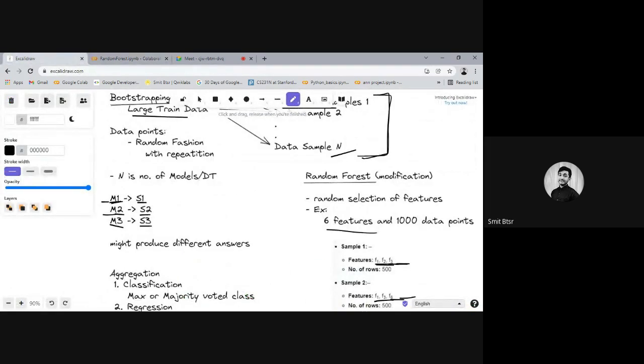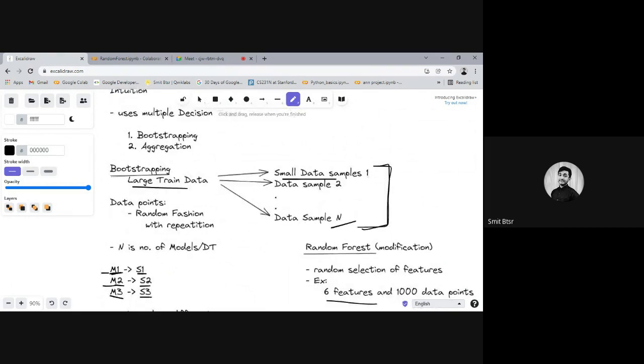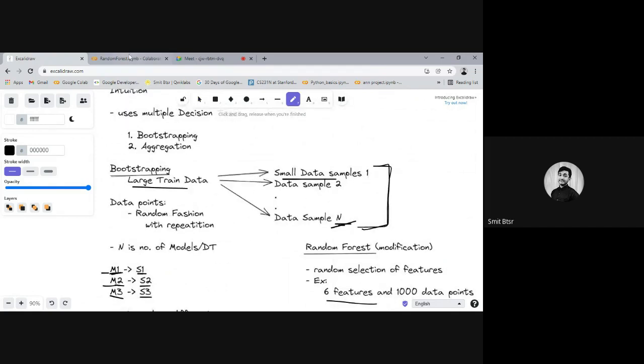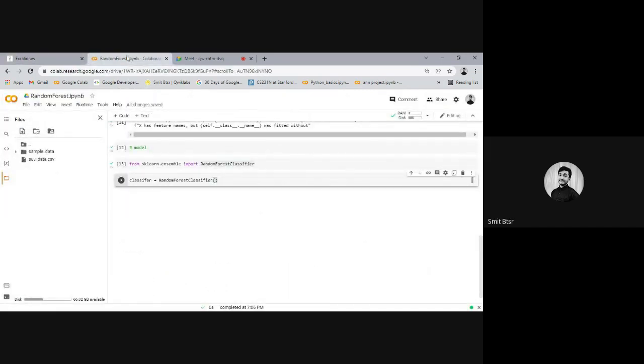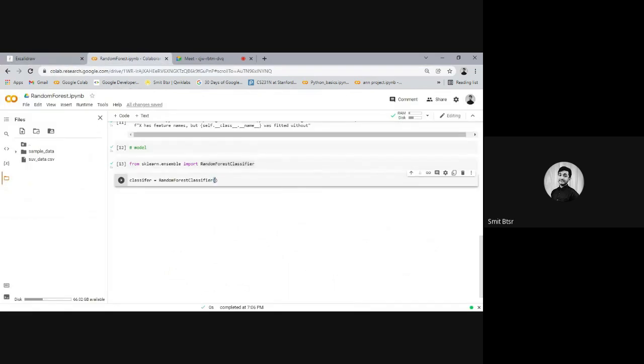Now, whatever we learned here, there were some things which we needed to decide, right? One was this n: how many models do we need? That thing we need to specify here. We are importing the model, but there is a facility to control all the things we need to control, in this case the number of models or number of data samples.